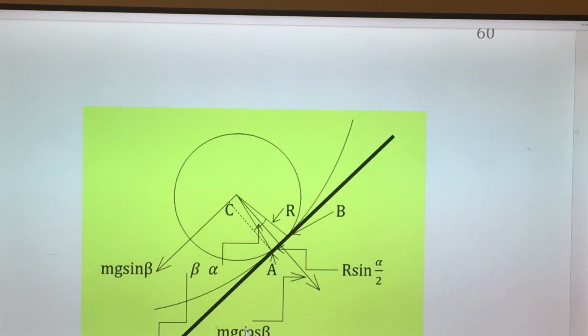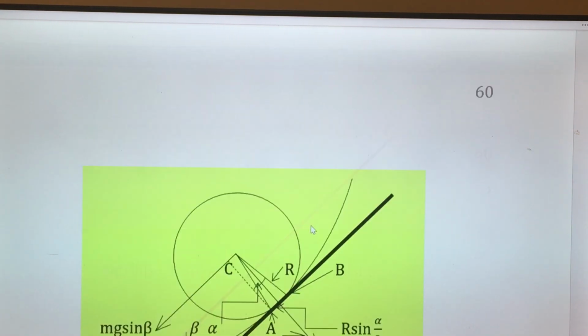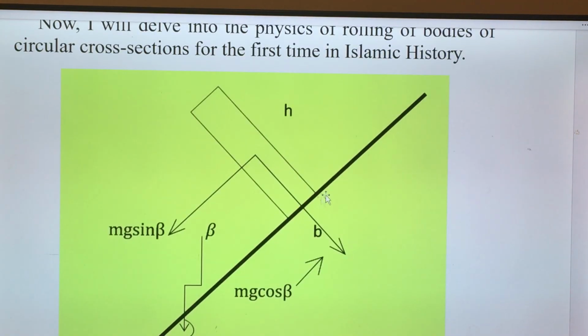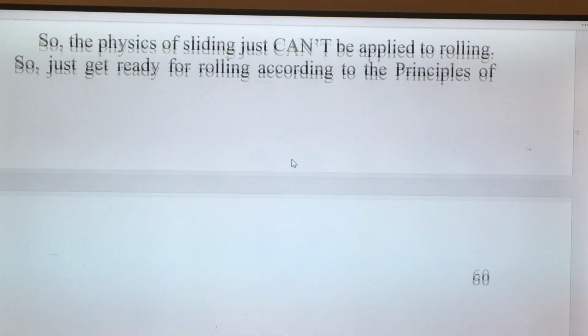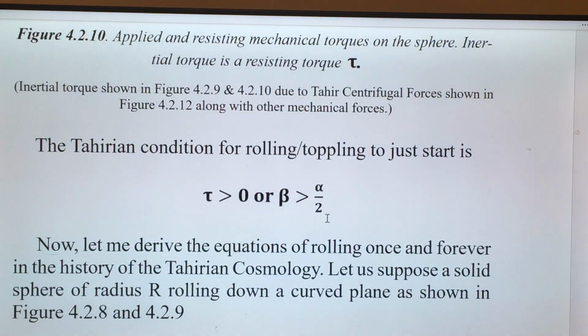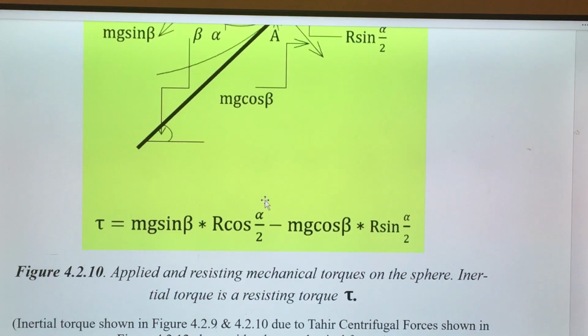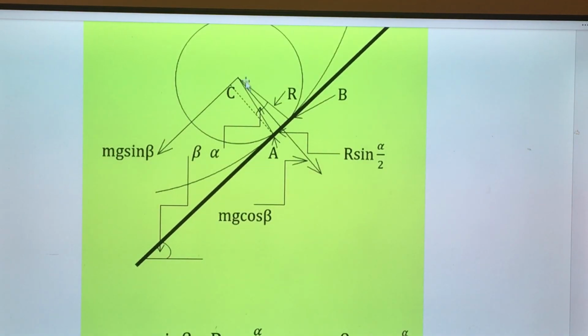So mg cos beta times A, and mg sine beta times this distance. But here in this case, the area of contact is this rectangular piece, if it's prismatic. So the moment arm is b by 2. So b by 2. Okay, so when we make it equal to 0, we see that beta should be equal to alpha by 2. Here, this is the radius, this distance is r cos alpha by 2, because